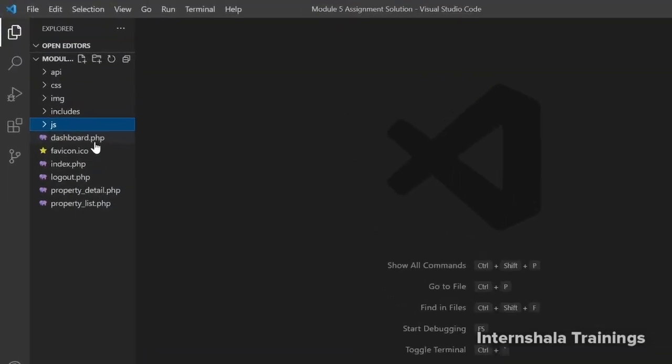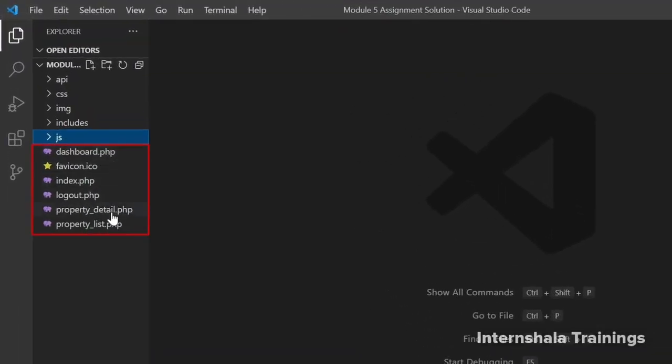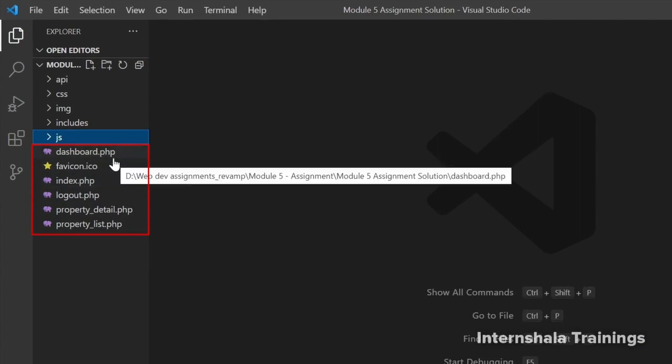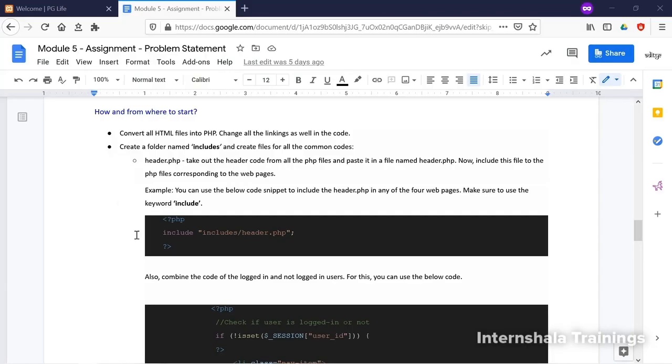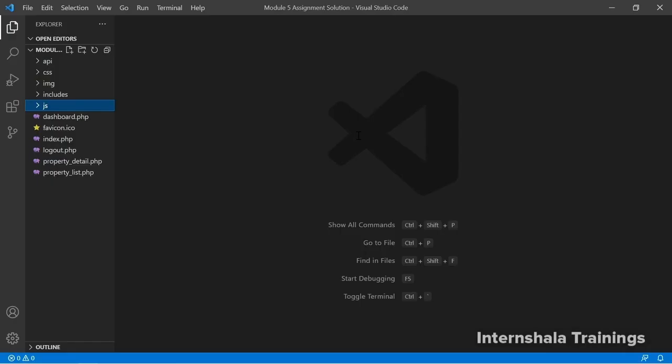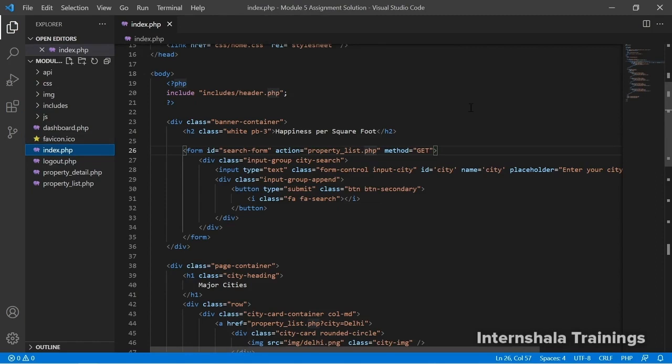To do this, what I have done is simply removed the .html extension and added the .php to all the files. This will convert all the HTML files to PHP. The next part was to change the linkings in our existing code. So in our index.php file, if you scroll,